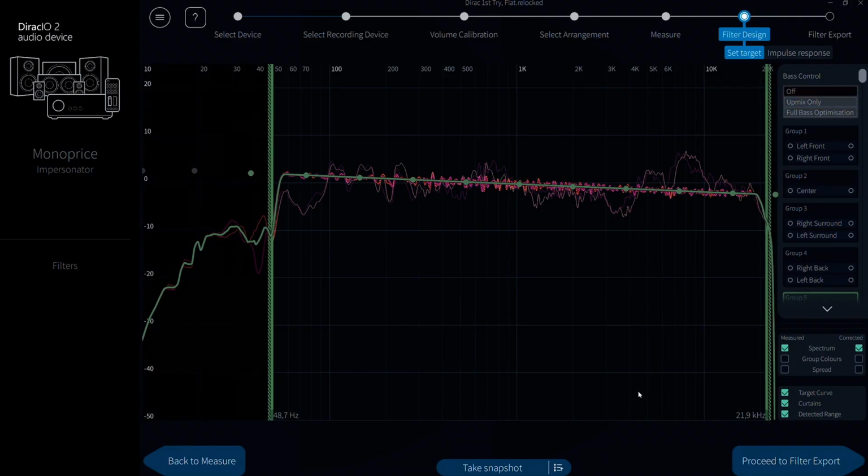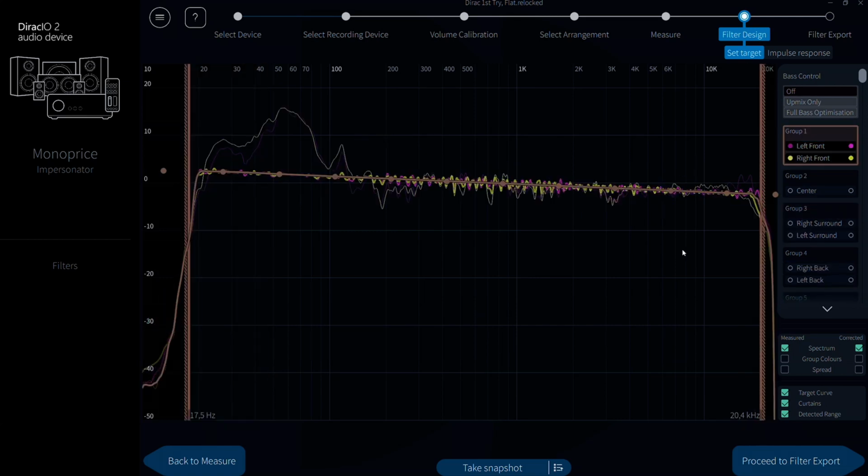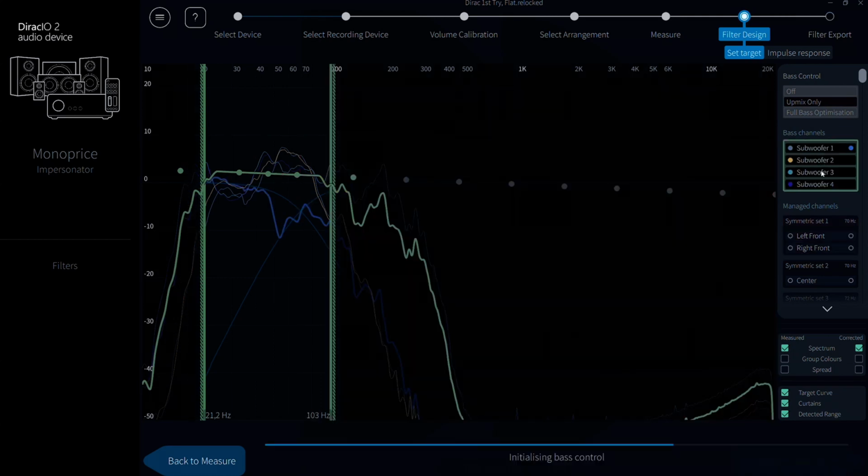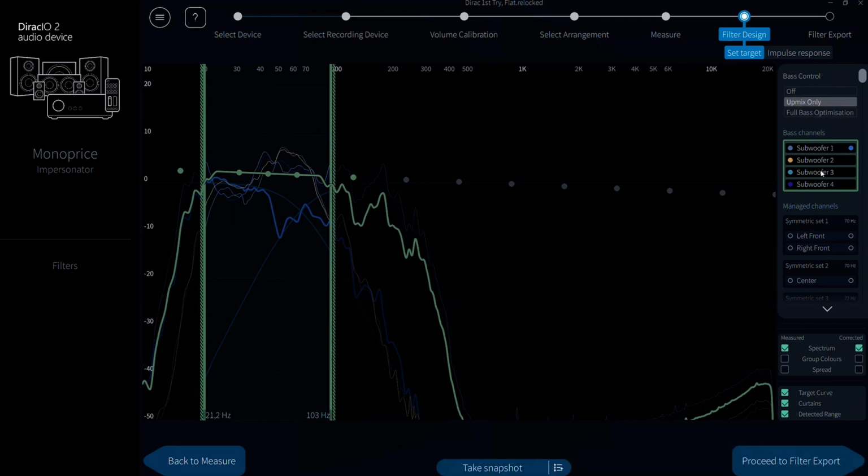With a bass control enabled AVR, you'll be given additional subwoofer optimization options during filter design. When off, DIRAC Live does no bass management. In upmix only mode, each subwoofer contributes equally to achieving the target response. With 2 or more subwoofers, DIRAC Live will adjust the gain of each so that together they deliver the required